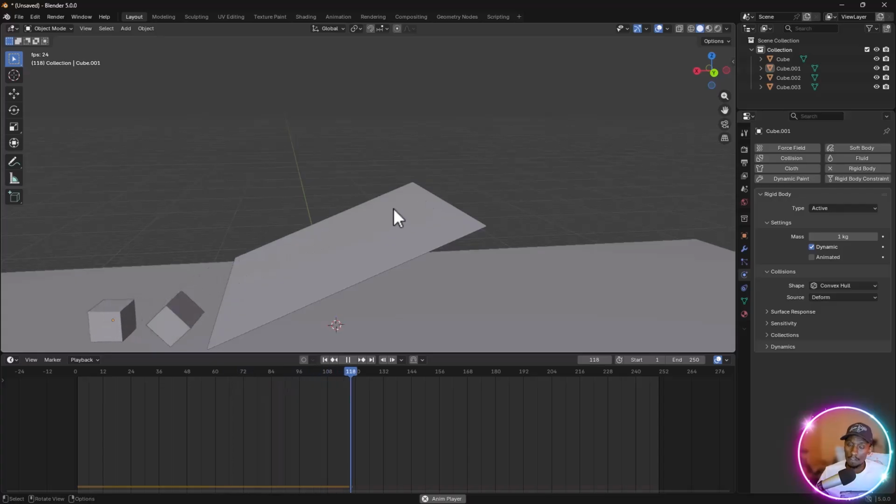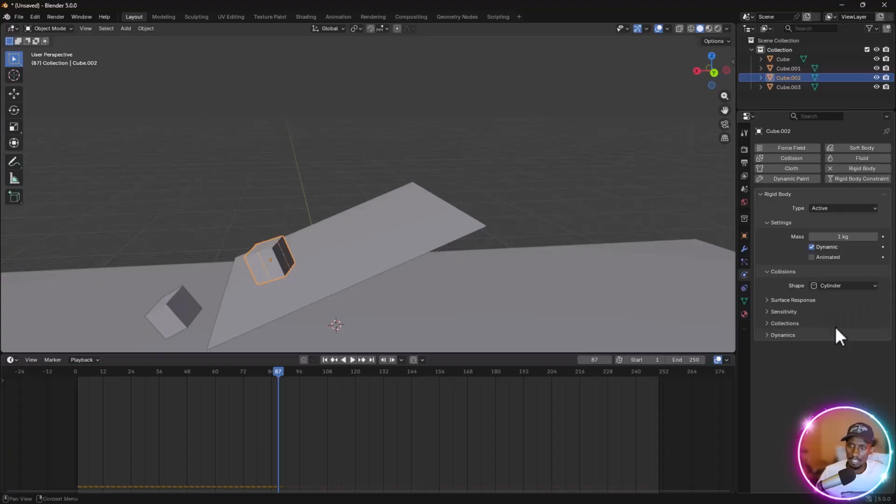And if I play that, now as you can see, they're falling like boxes. Let's see that again. Yeah, they're falling like boxes. Now, if I go here to this shape option, let's say, I think this is the one selected. Let me select this one. We're now acting on the rigid body applied to this one specifically. Now, if I go here and choose cylinder and go back here to the very beginning,